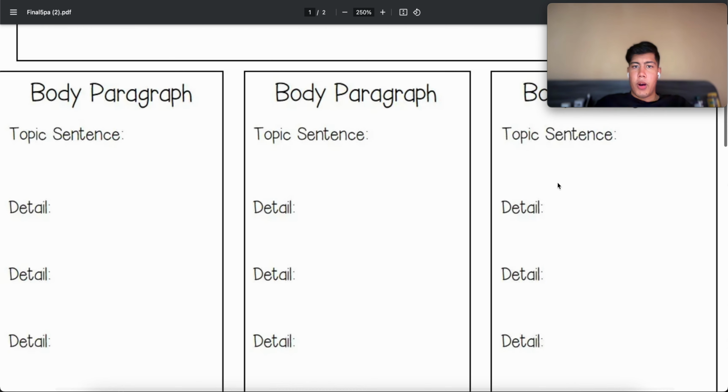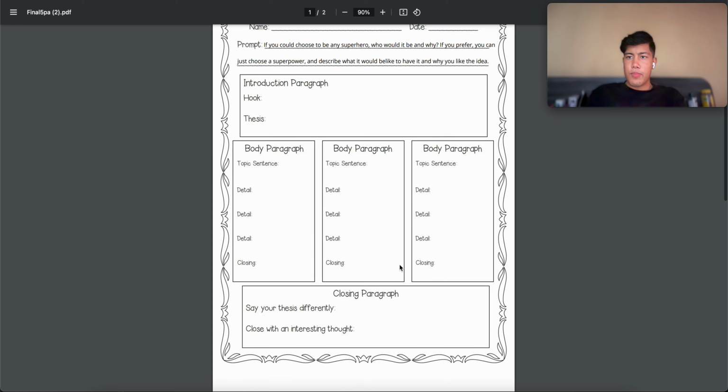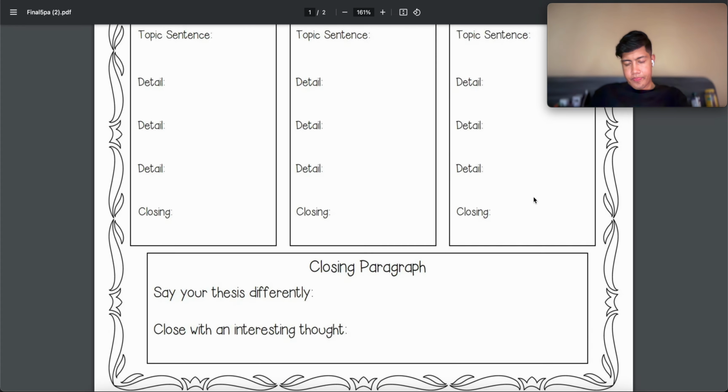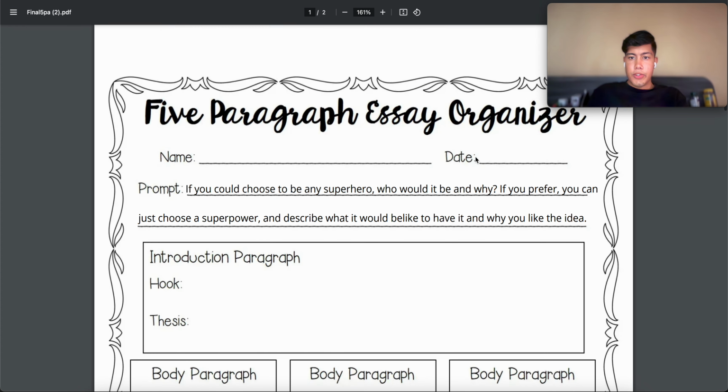And then your closing sentence is an interesting thought, something that provokes and ends on a high note. You don't want to write four good paragraphs and then have a bad last paragraph. You want to finish strong. So for here, I finished strong by talking about the ideas and talking about why spring is the best season as a conclusion, because you're trying to refresh the memory of what you were talking about. So that's essentially what you guys are doing.